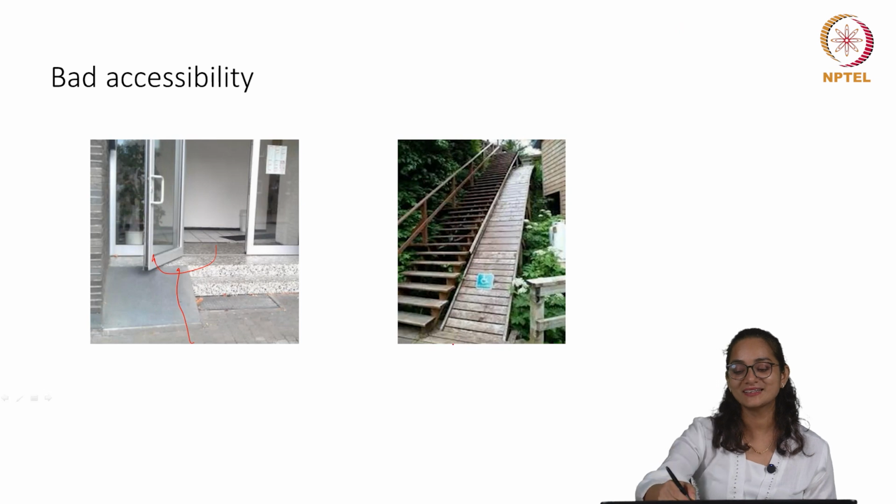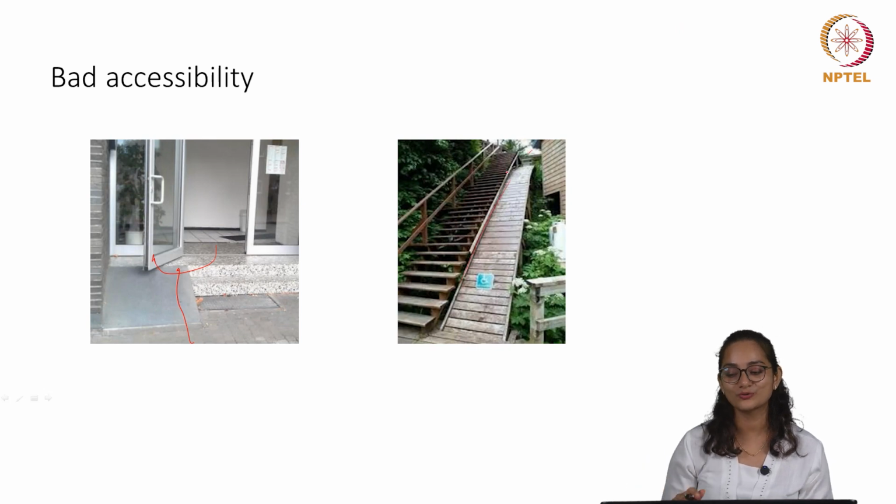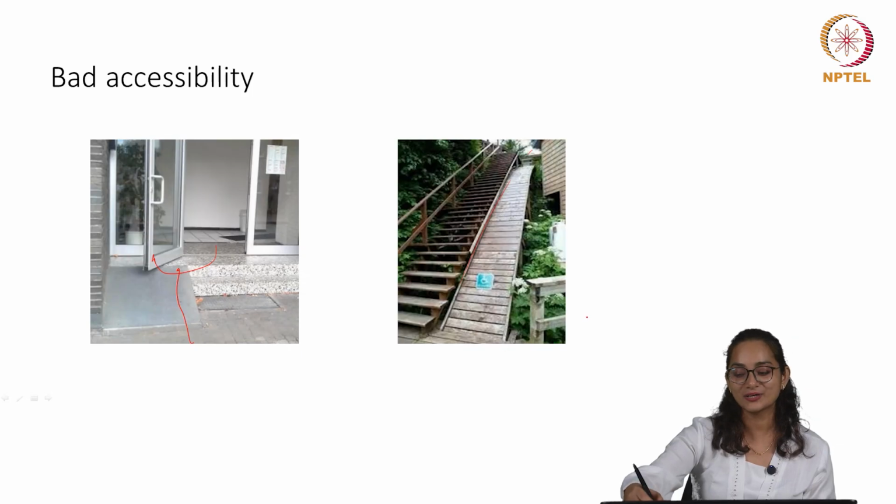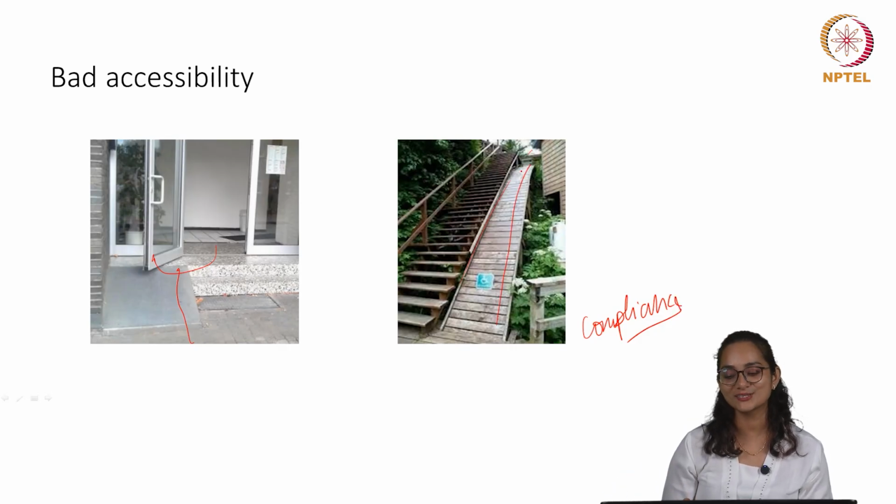Similarly, you can see here that this staircase is almost on a mountain, and just for compliance this ramp has been built, but it is so steep that it is almost dangerous to climb it. So these are really examples of doing or looking at features which can make your interface accessible, but just doing it for the heck of it and not really understanding how it is contributing to the overall experience of the user. So we should shy away from such cases in our digital design as well.